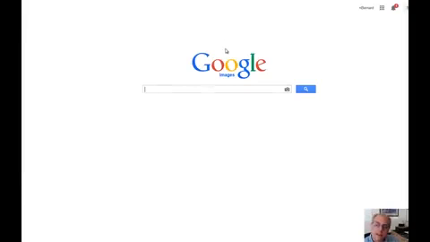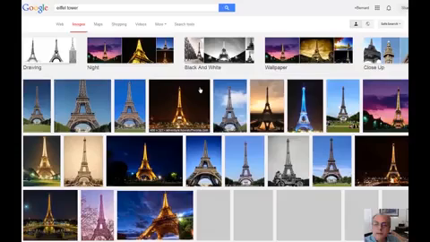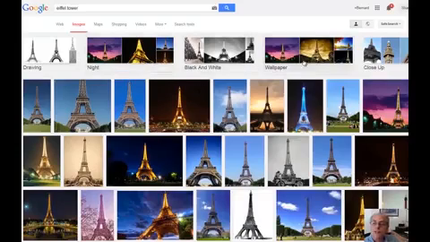But the thing to remember at first is if you're going to go to a search engine like Google, you can go to google.com/images and go to their image search page. And if we type in Eiffel Tower and hit return, we'll see that there are lots of images of the Eiffel Tower. And let's say I wanted to write a script about architecture or famous landmarks, I could use something like this, but I also notice in Google Image Search I have some tabs,